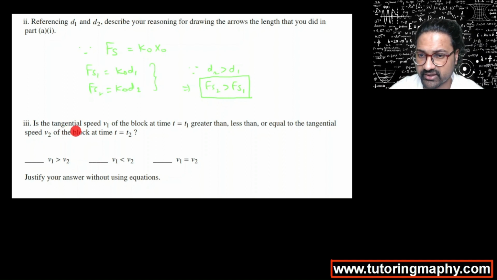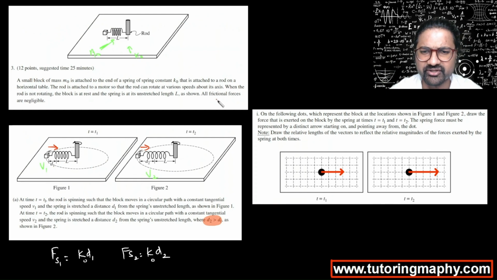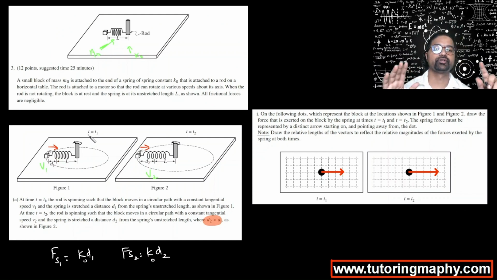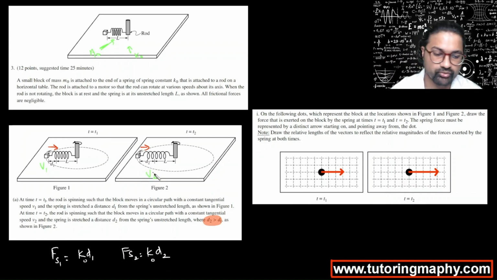Now, is the tangential speed v1 of the block at a time t1 greater than, less than, or equal to the tangential speed v2? Justify your answer without using equations. I think it's pretty intuitive, right? V2 should be greater than V1 because d2 is more, but remember that we cannot use any equations. So without using equations, I think I can say that the velocity v2